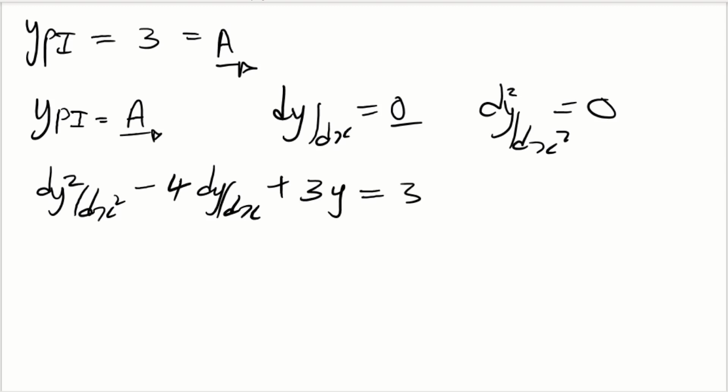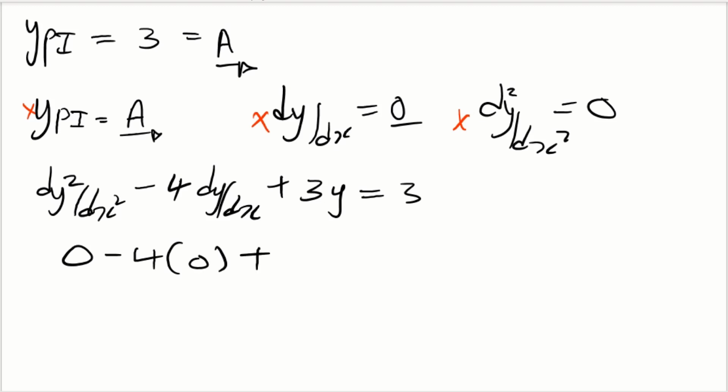This is your original equation. So you go back and substitute these values for d squared y over dx squared, dy over dx, and y. So d squared y over dx squared is 0, minus 4 into dy over dx, which is 0 again,